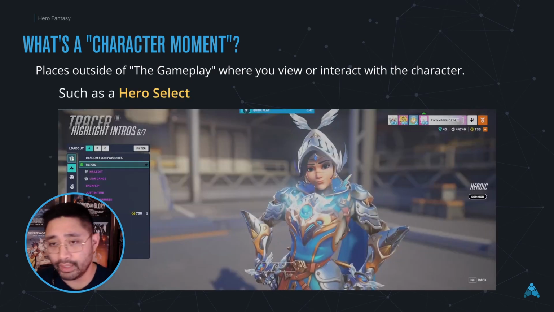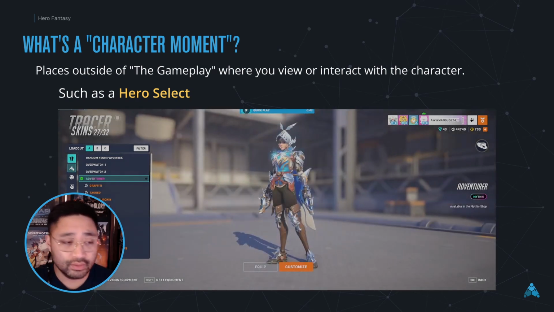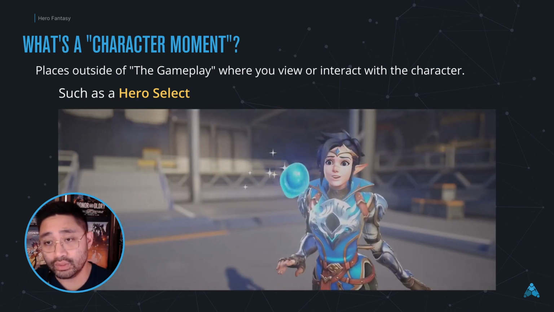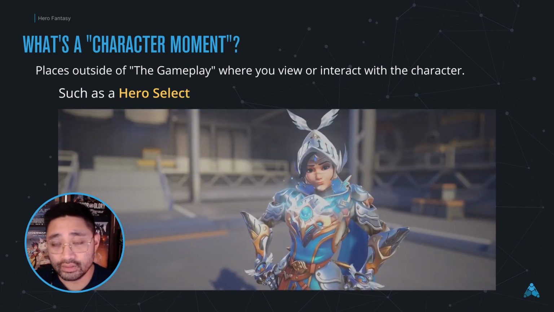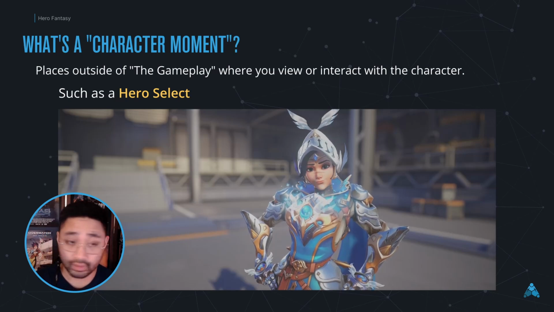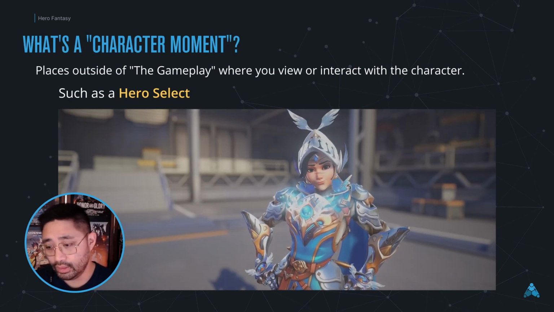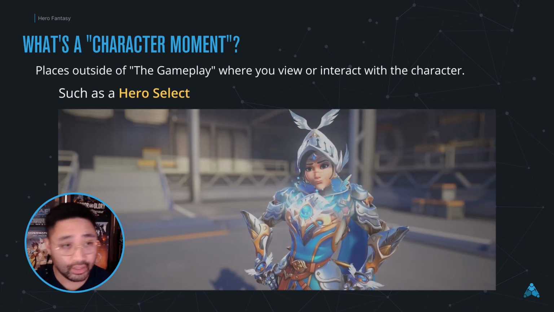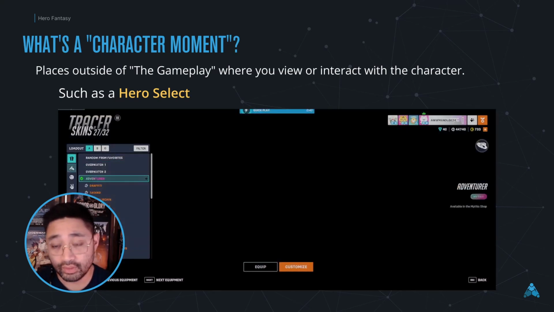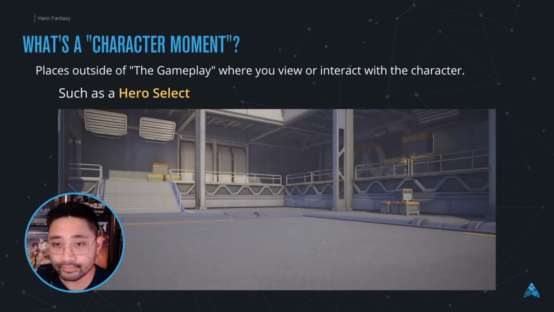When I talk about a hero select, what I mean is basically the screen where you queue into, let's say, a game, whether it's a fighting game, like the hero select screen when you're choosing your character in Street Fighter, or a PvP hero shooter like Overwatch, where you're queued into your game and you select your hero and you see an animation of the character that you've chosen come up.